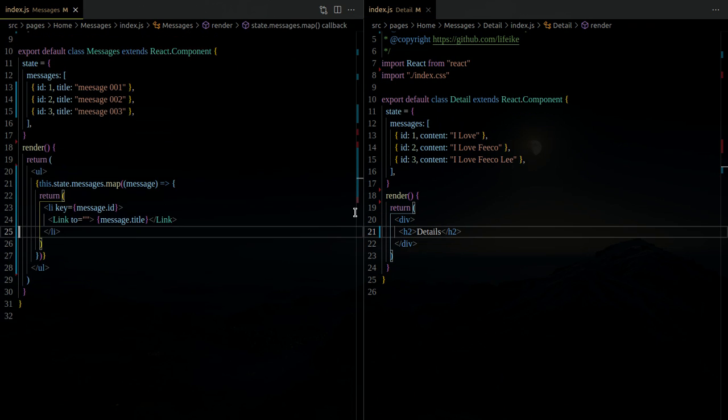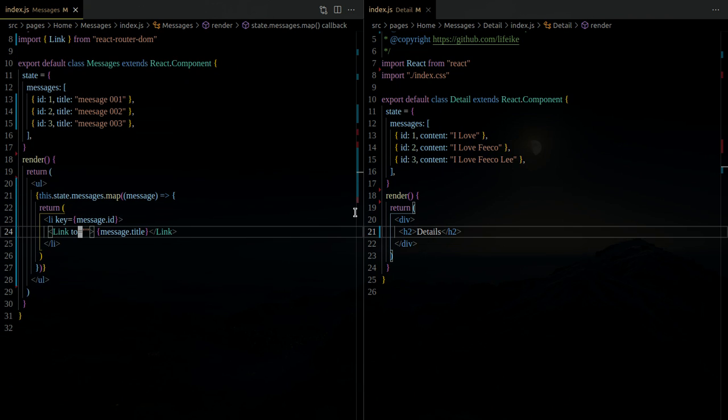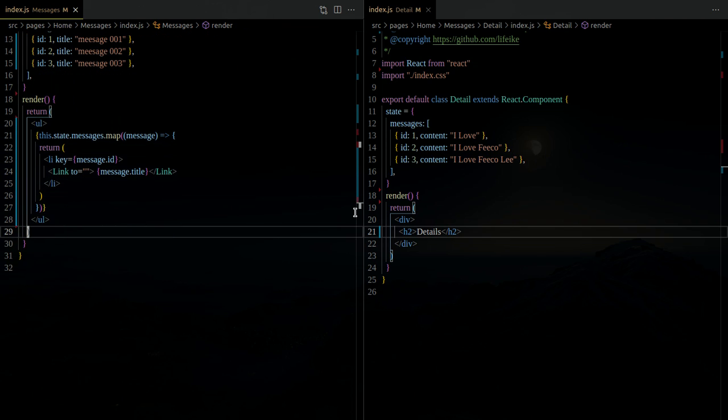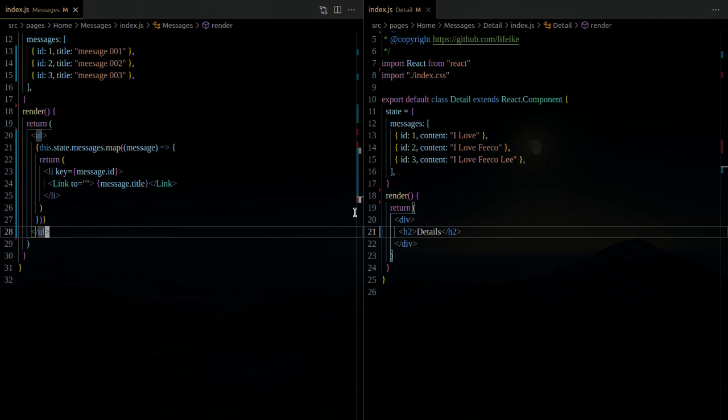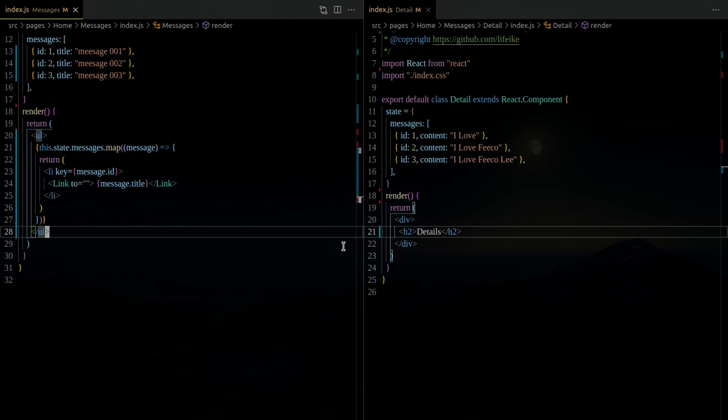So where do we go to? We need to go somewhere. At the same time, we need to pass the message ID at the same time. So how do we do that? Besides this, we need a root component to display the detail first, right? So let's just put it somewhere under,